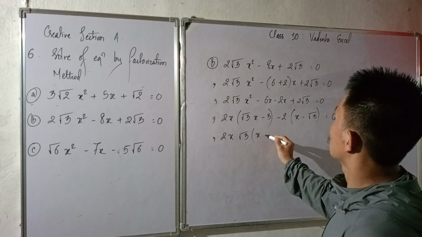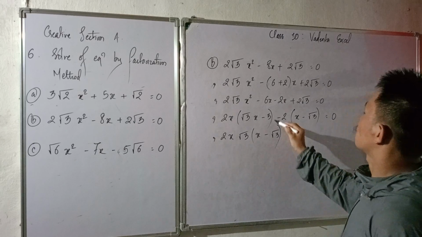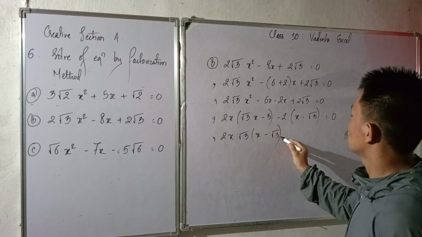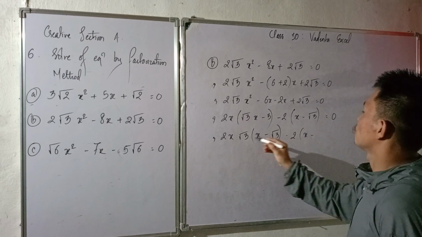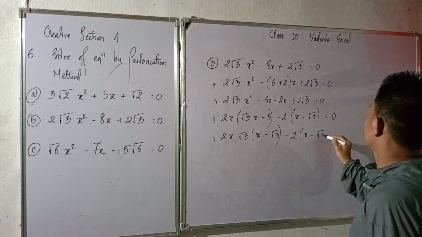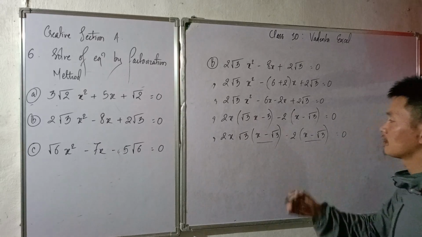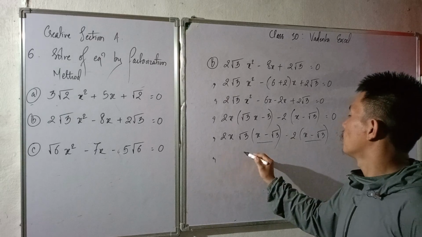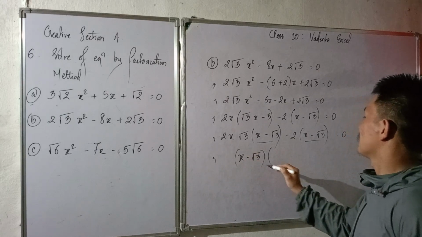Now this becomes x alone, and this 3 becomes root 3. I've extracted root 3 from here. Now only root 3 becomes. The reason why I took root 3 again is to make this term the same. Now only we can take the common from here. Or x minus root 3, you take common here, and then after